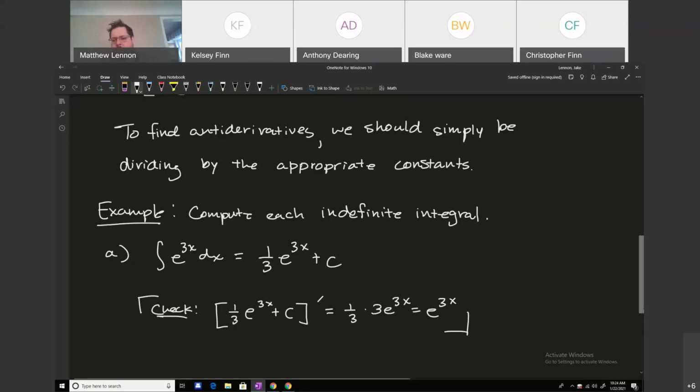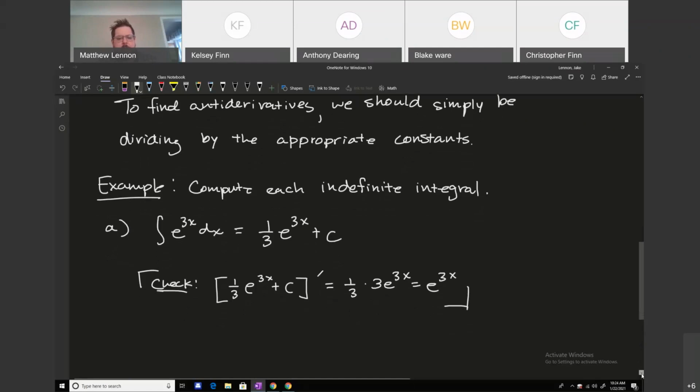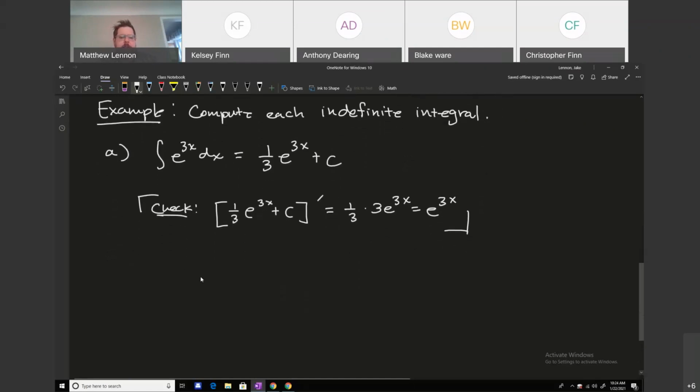Now let's look at an example with the standard form where the base is not e. So let's try and integrate maybe 7 raised to the x power. So from the derivative rules, you'll recall the derivative would be the natural log of that base, 7, times the same function, 7 to the x. So our guess, again, is that we're just going to divide by that constant rather than multiply by it. So we think it should be 1 divided by the natural log of 7 times 7 to the x plus